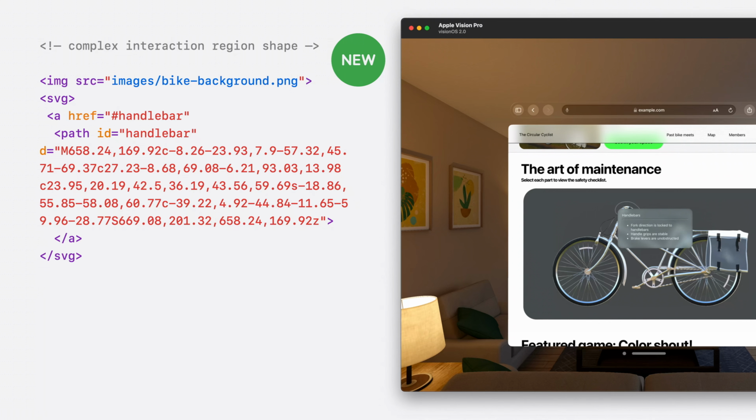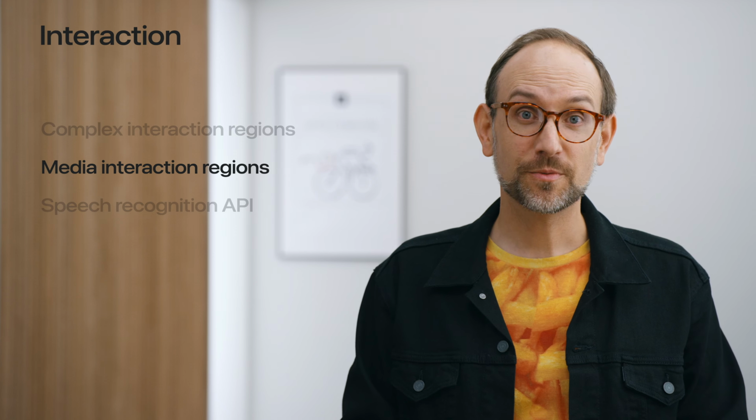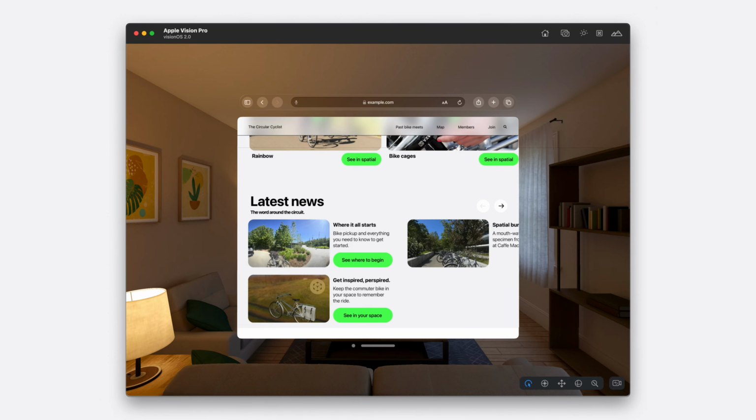And while the visual effect can seem subtle, it happens exactly where you look, so it's much more noticeable. The next improvement to interaction regions is for links that also contain large media content, like thumbnails to a video or a gallery. Because a persistent highlight could be distracting, media content gets a subtler version of the highlight, which fades down after a few seconds to let your users see content the way it's meant to be seen.